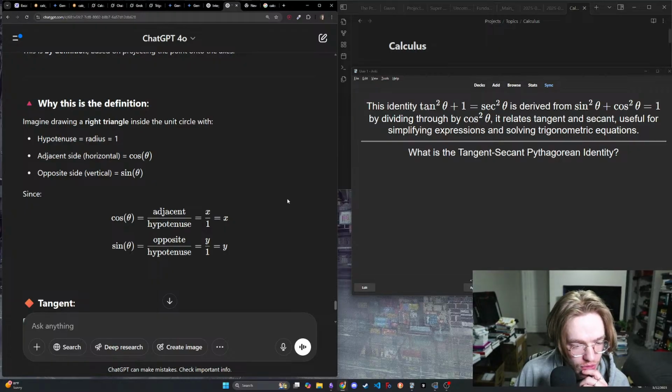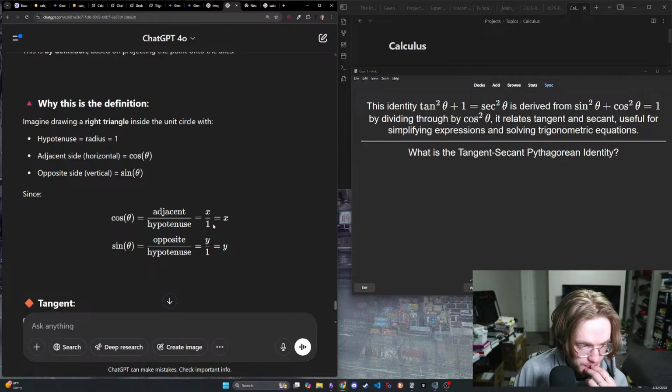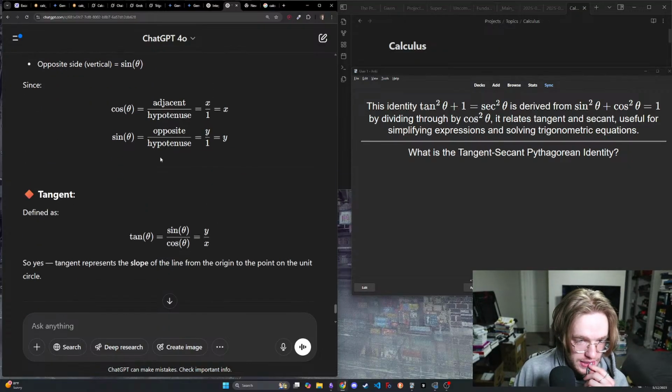Oh, wow. Okay. I've never made that connection before. Wow, that's really interesting. Because we're in the unit circle, our hypotenuse is always going to equal 1, and so we can essentially remove that term. So the cosine of theta equals adjacent, which,